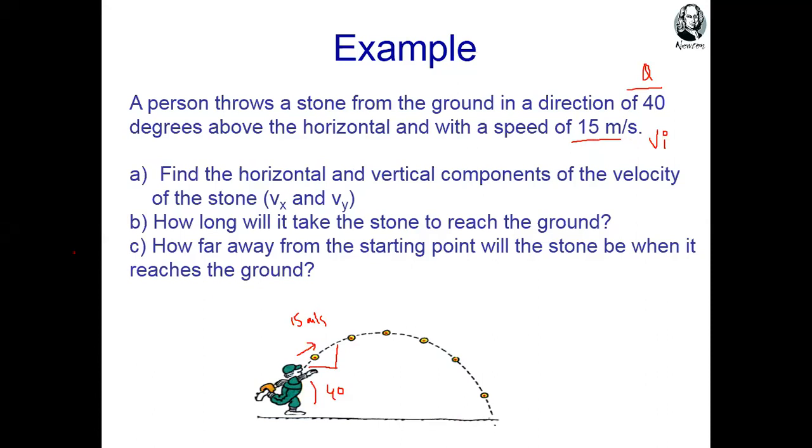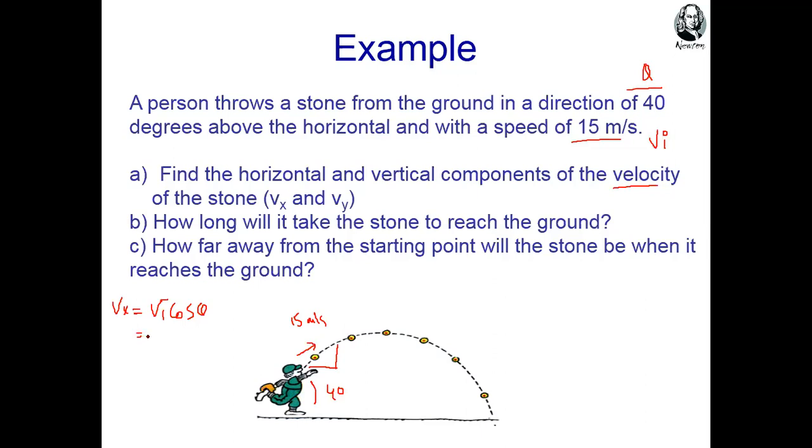What is given for question number one, part A? Find the horizontal and vertical component of velocity. We need to find the horizontal component, Vx, and the vertical, Vy. So what is the formula for Vx and Vy? We use the first formula, sir. This is the component formula. Yes. So the formula is Vi into cosine of theta.